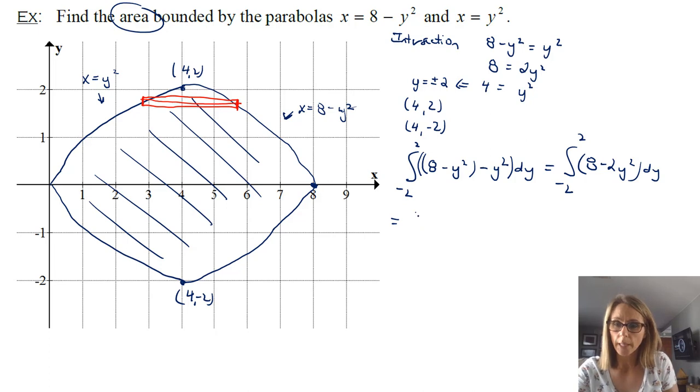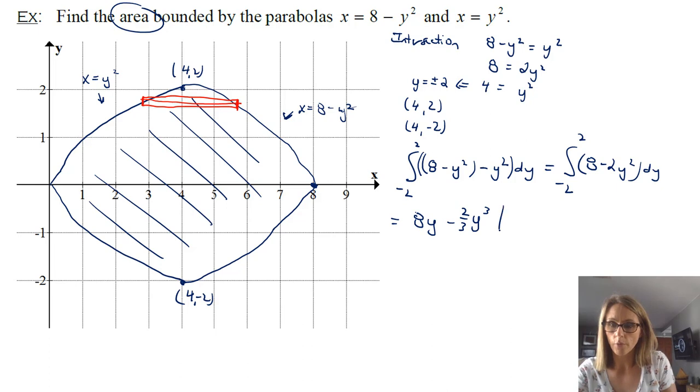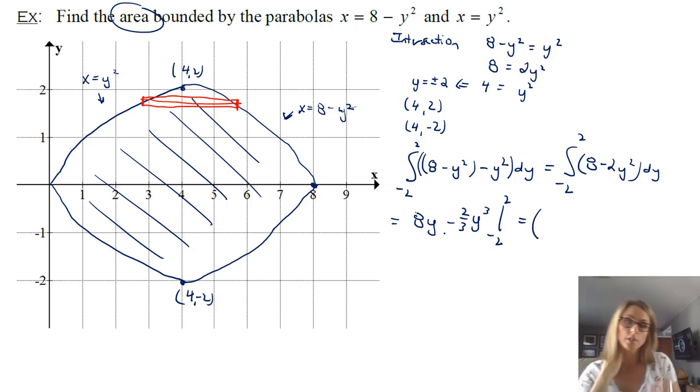And so when we integrate, we'll have 8y minus, adding 1 to the exponent of y squared, we'll have y cubed, and then 2/3, and we're going from negative 2 to 2. So when we plug in, because now we have two values, you might be able to see their symmetry here. There is an aspect of the fact that this is even. So if you understand that, you could actually do this a slightly different way, but slightly easier.